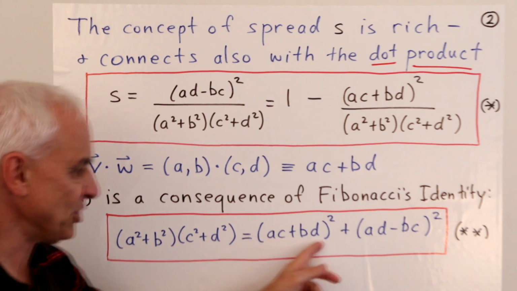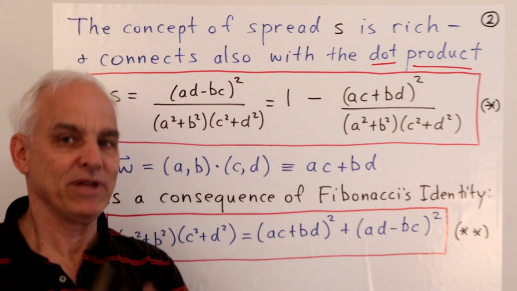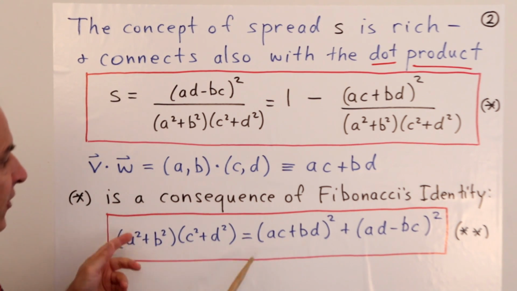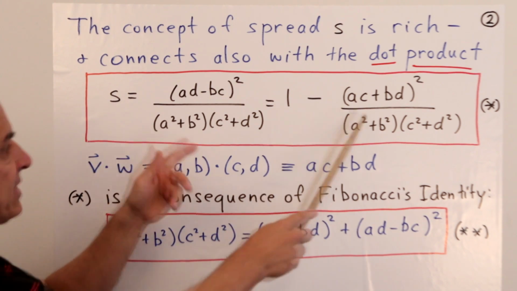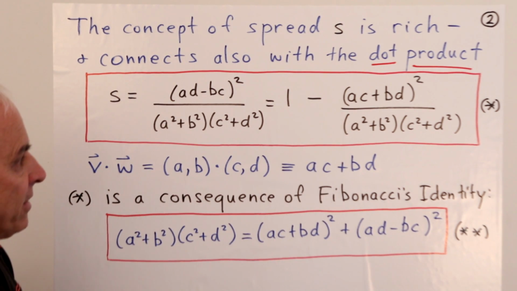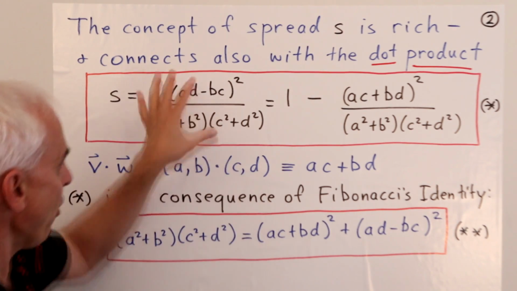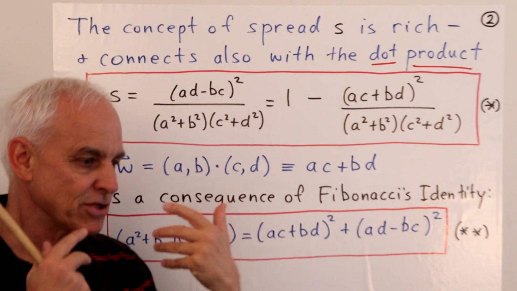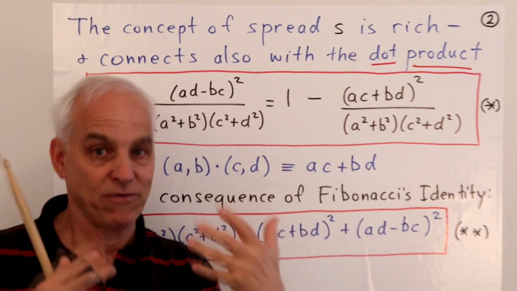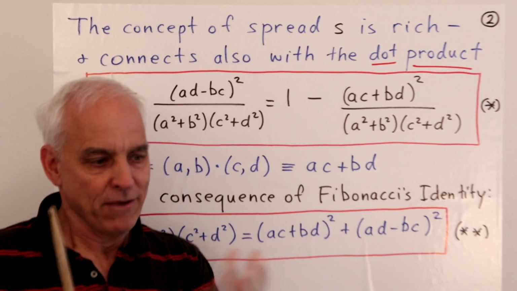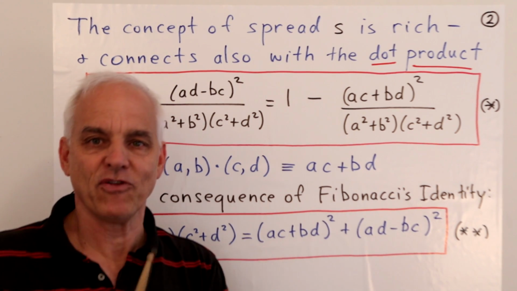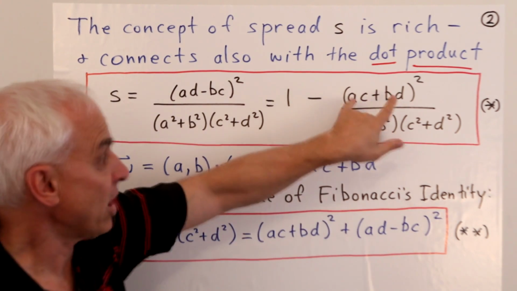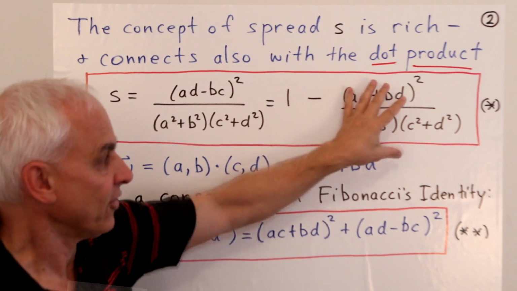So if it's been a while since you've verified this identity, please write out both sides, make sure that you believe that it's really true. And this is really the reason why this identity is valid. It's really interesting because both of these are important formulas. One wants to understand both of these expressions for the spread and how they reflect different properties of the spread. Here we have an area squared. Here we have a dot product, but there's a 1 minus this quantity here.